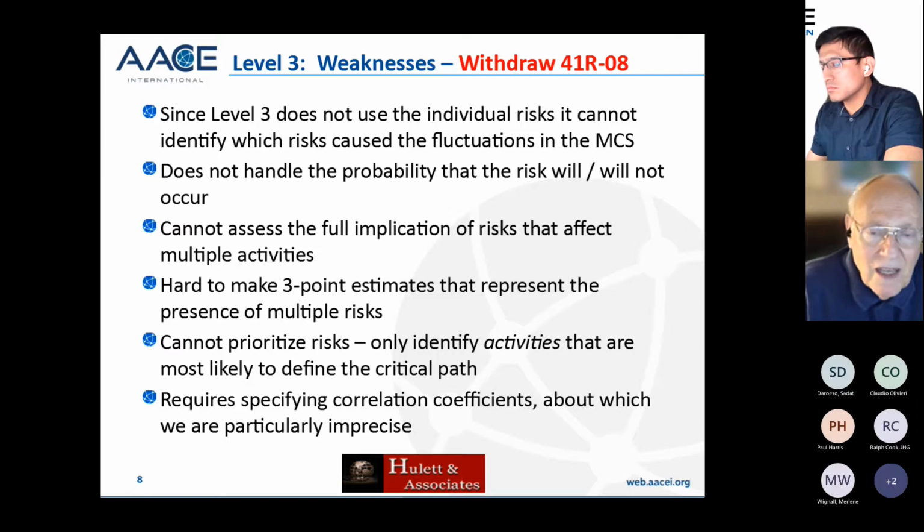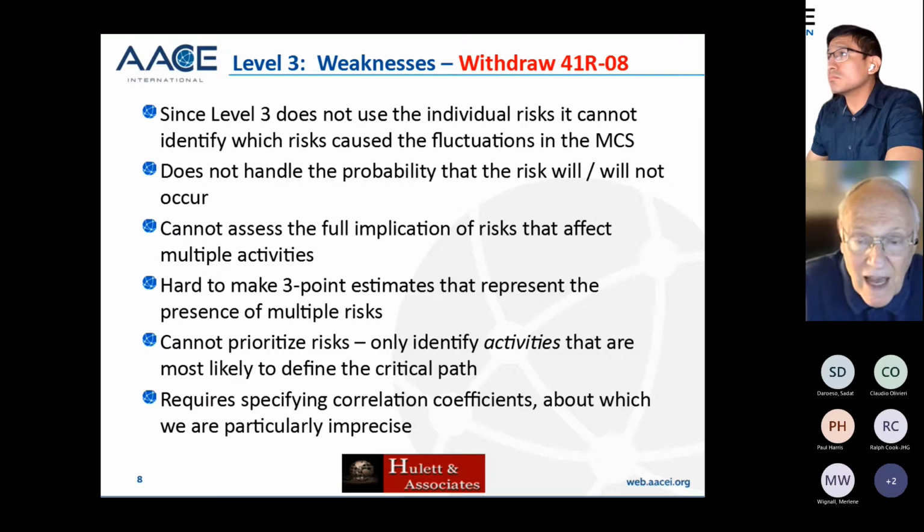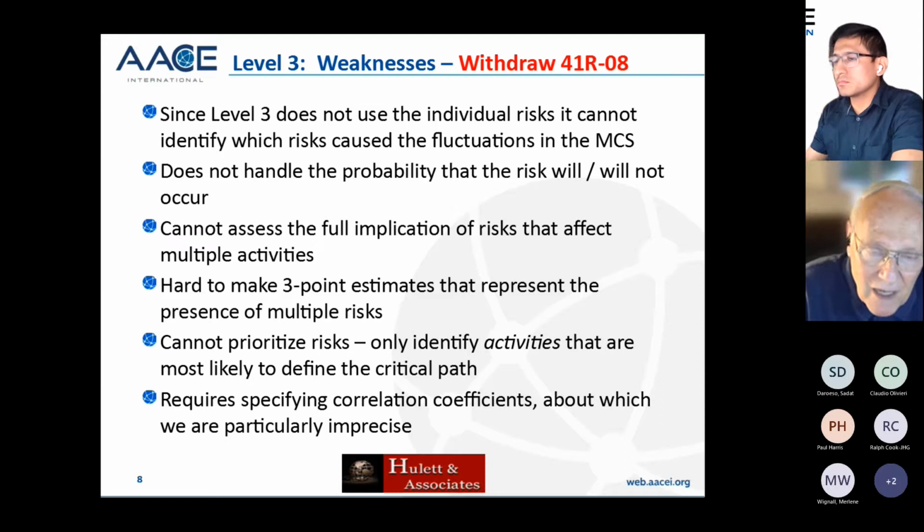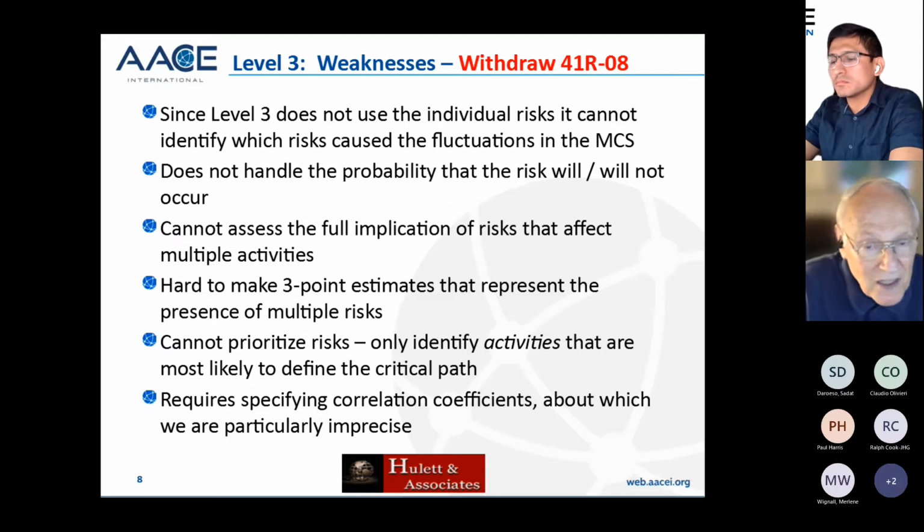Let's take an activity duration that has 3 risks assigned to it. How do you construct a probability distribution with a low, most likely, and high for that activity from the interaction of those 3 risks, some of which are unlikely to happen or likely to happen depending upon their probability? And that is not easy. It can be done. I've done it, but only as an illustration, because that can't be done just by waving your hand and saying something.